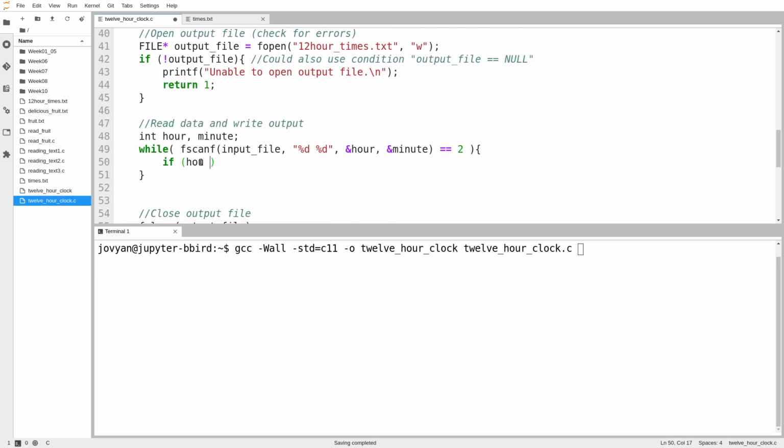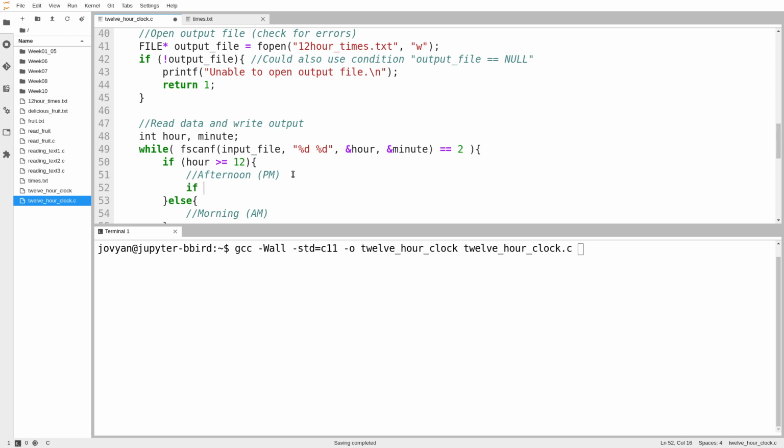Okay, so if hour is greater than or equal to 12, then I'm in the afternoon, PM. Otherwise, I'm in the morning. Now, there still might be some issues with what do we do about midnight, which is technically 12 a.m. We'll worry about that a little bit later. First, we'll see if we can get most of the times during the day, so 6:10 a.m. or 1:15 p.m. working. So if the hour is greater than or equal to 12, then I guess the hour